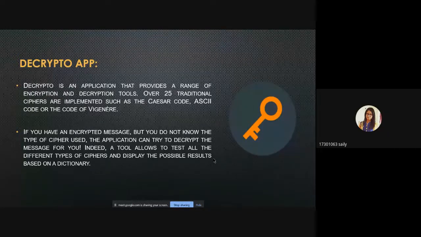Indeed, the tools allow you to test all the different types of cipher and display the possible results based on a dictionary. In the Decrypto app, there is also a frequency analysis tool available, in which you can know exactly the number of occurrences of each letter in the encrypted text and also replace each letter of the encrypted message by the most likely letters. You can also save your encrypted messages to view them later or share them with your friends. Moving further,